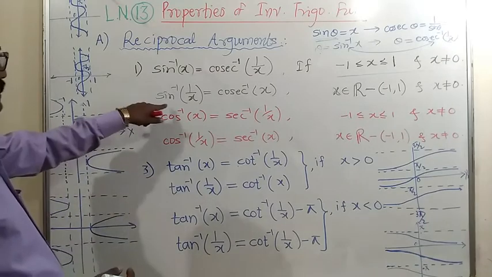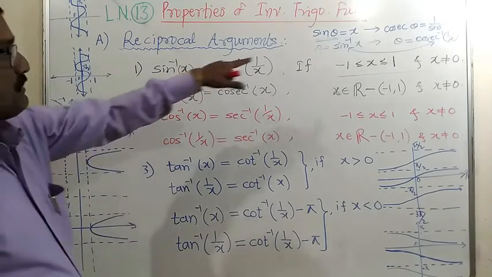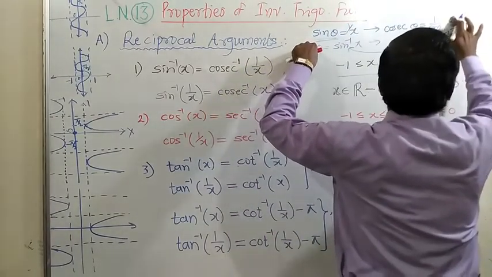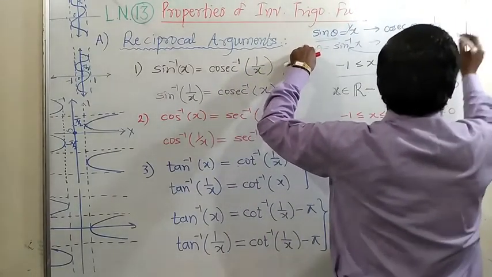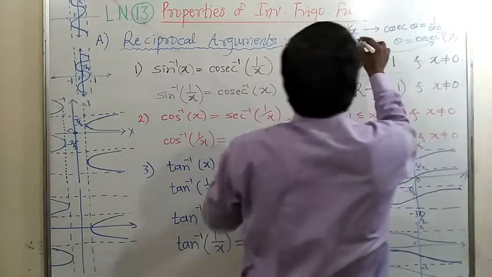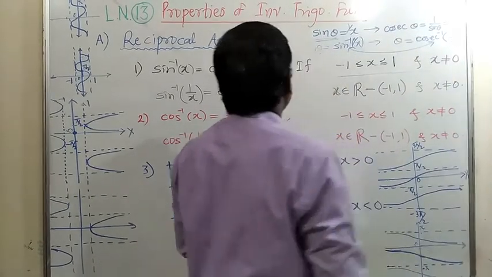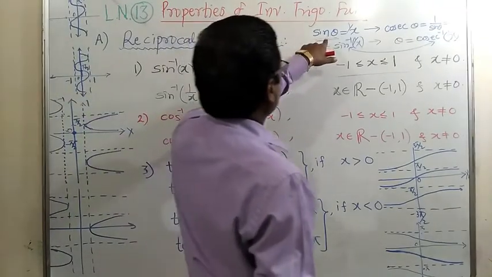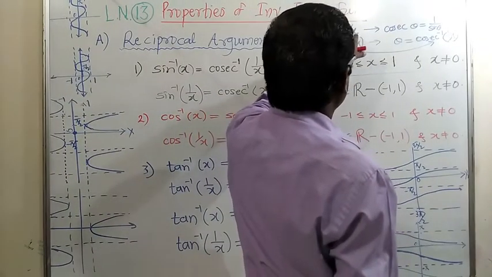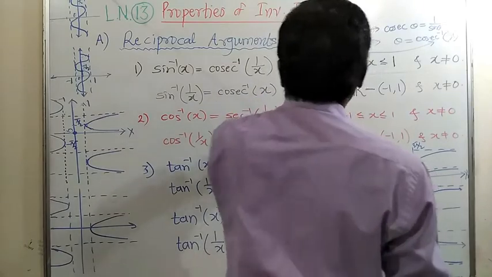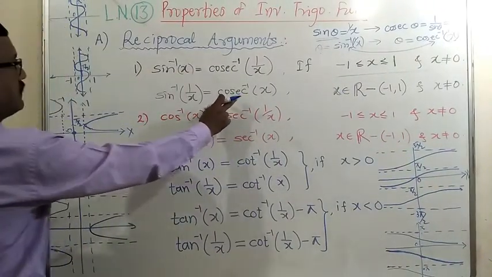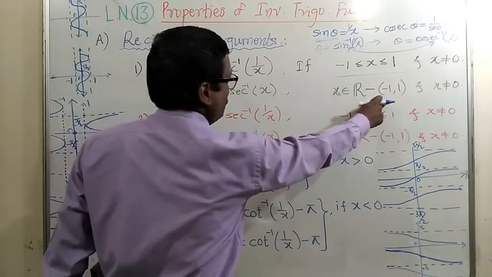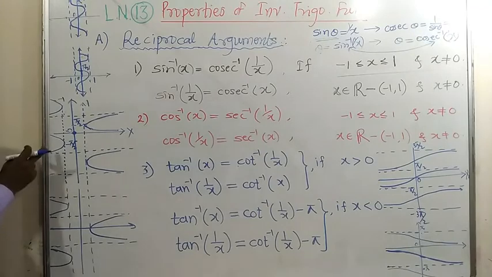In the reverse way, we can take sine theta equal to 1 upon x. If you take sine theta equal to 1 upon x, then cosec theta will become only x. And so we get the angles as this, and here we get 1 upon x. But in this case, whenever we are taking sine theta equal to 1 upon x, theta is not equal to 0, and the domain, x belongs to R minus the open interval -1 to 1, can be obtained from the graph of